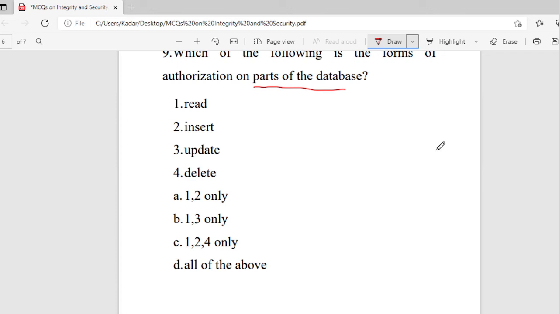So what is read authorization? The read authorization allows a reading but not modification of data. So this one allows only reading. No modification operation is allowed.